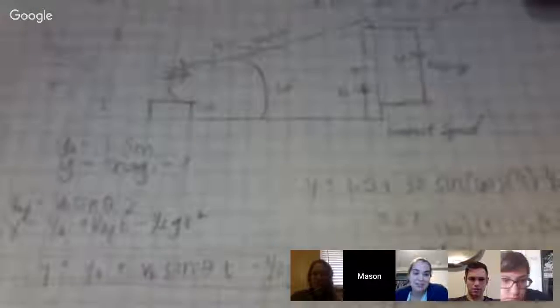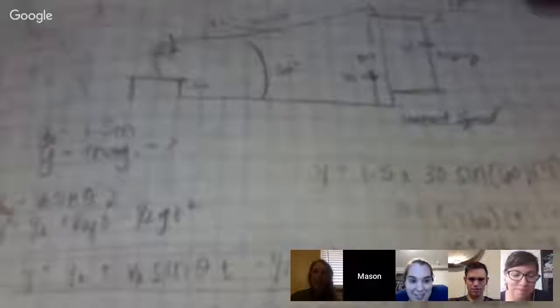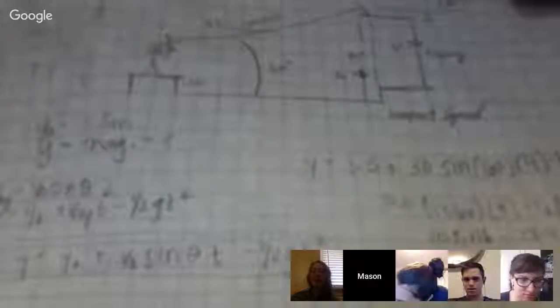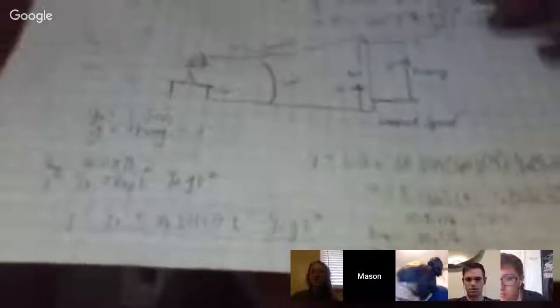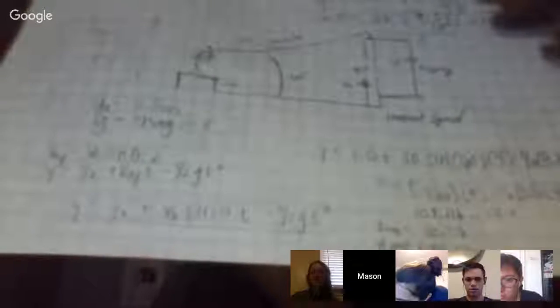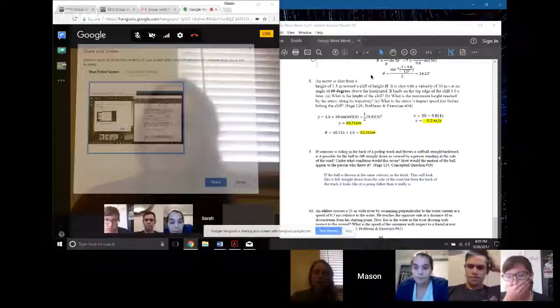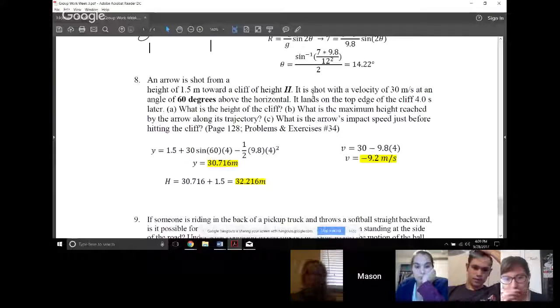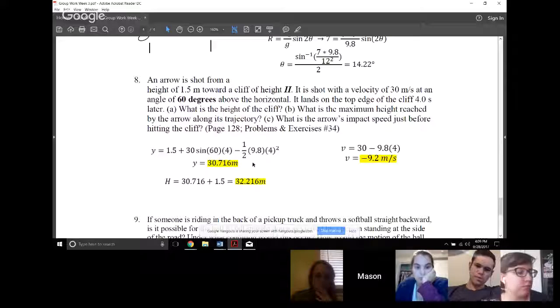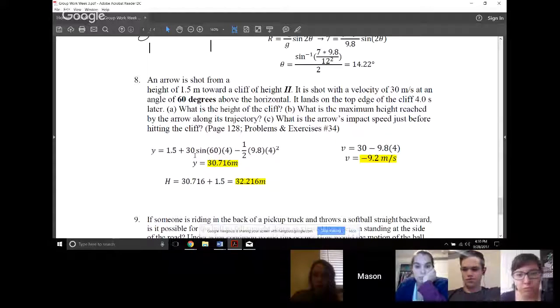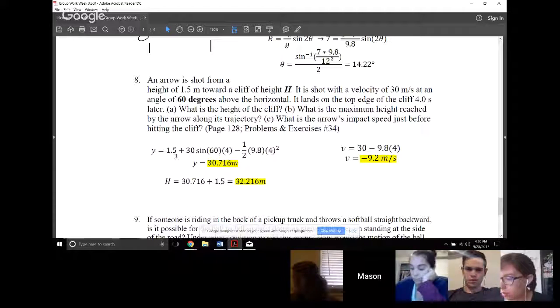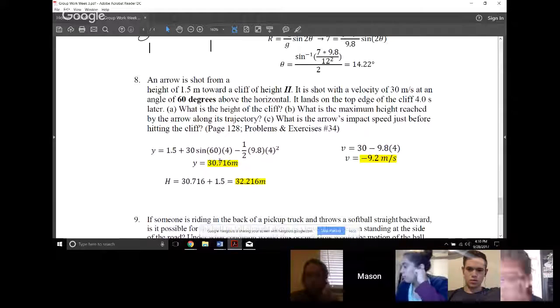Nice picture. Good picture. I don't know if that makes any sense at all. Let's see if I can show you my screen here. This is kind of what I did. I took one of the equations in the lab, the little reading part in the beginning, and then I plugged in the numbers for what I had, and then found my y.